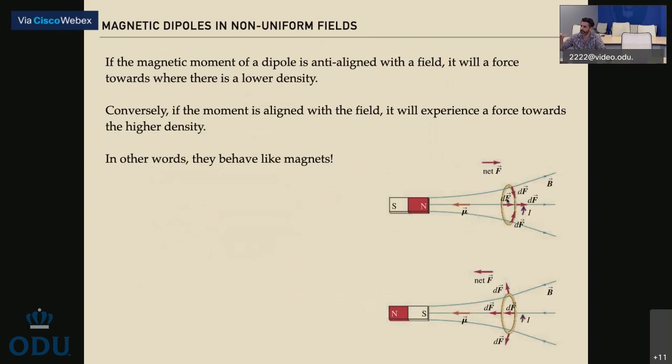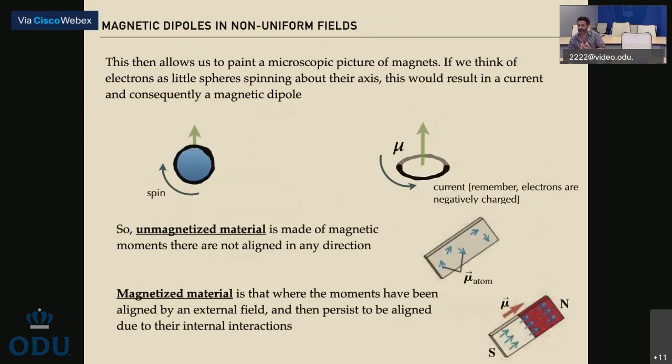In this case, it looks like a bar magnet with the north end pointing towards the left, and so these two repel. But if I align them this way, they're going to attract each other. So what this does is that it allows us to construct